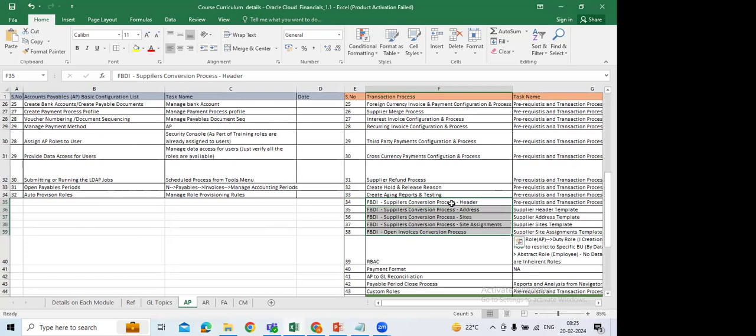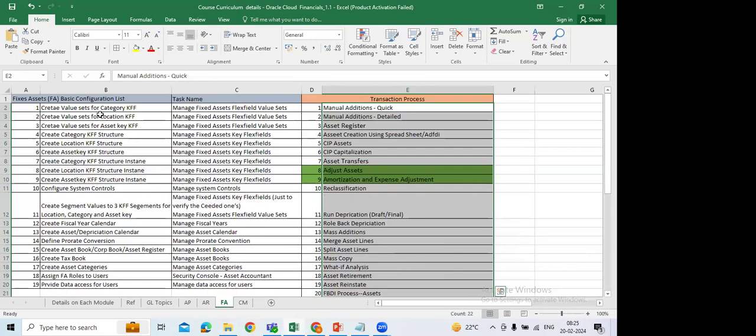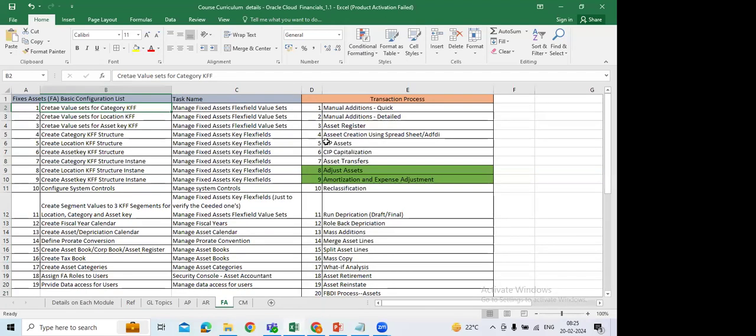To the extent possible from the technical side, we are going to cover that. For example, the BDI conversion process, the AP open invoice process, the same way for AR, the same way for fixed assets. Mostly BI reporting, FRS, Financial Reporting Studio, OTBI, those are core technical areas, so we are not going to cover them as part of our regular sessions.